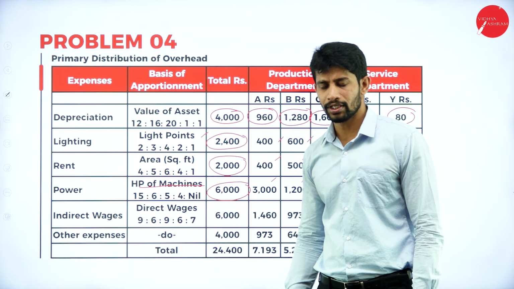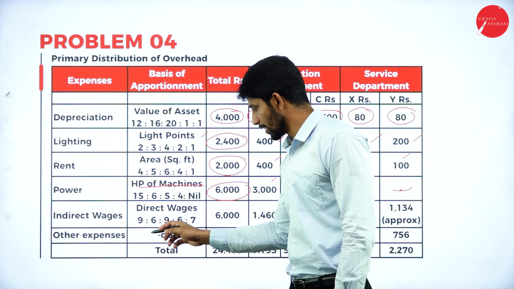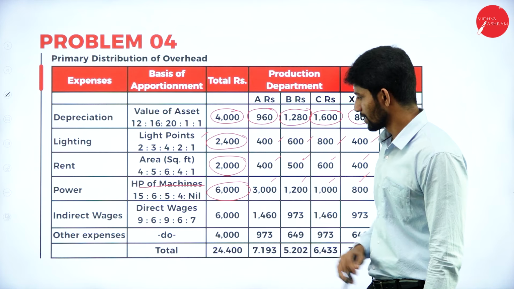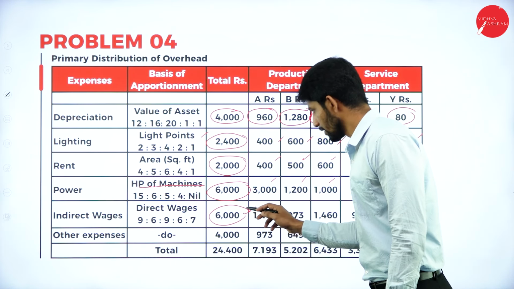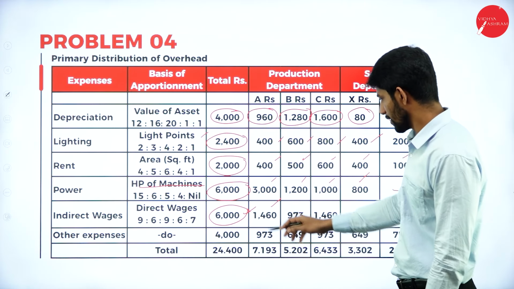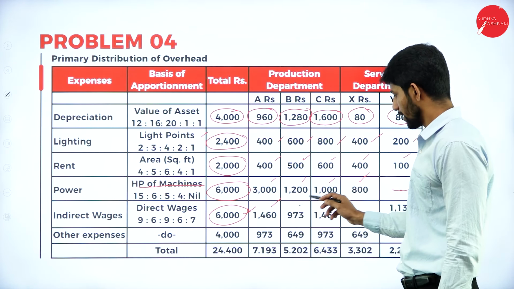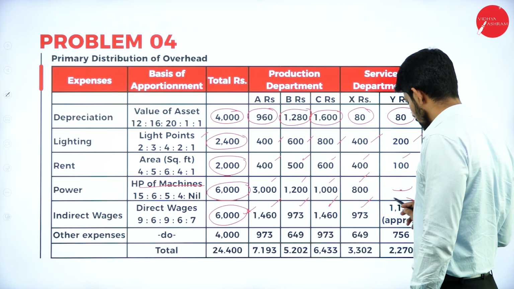Indirect wages. How do we distribute indirect wages? Based upon the direct wages. Ratio 9 is to 6 is to 9 is to 6 is to 7. So here 6,000 is the total indirect wages. Based upon the ratio, you will get the value of 1,460, 973, 1,460, 973 and